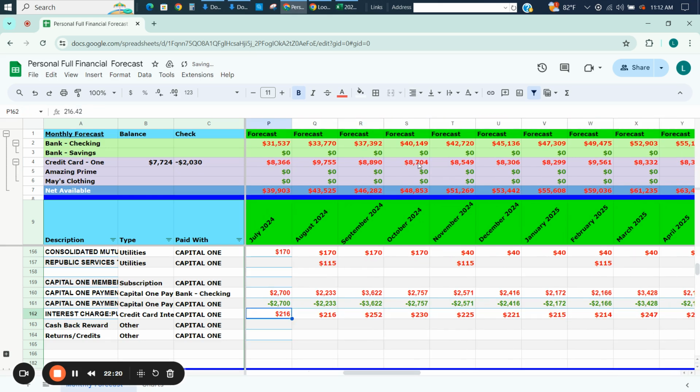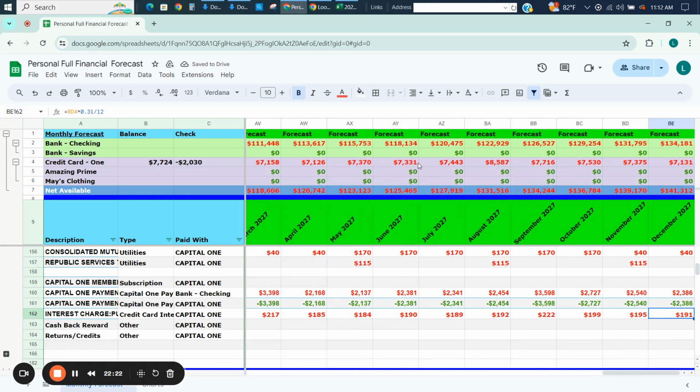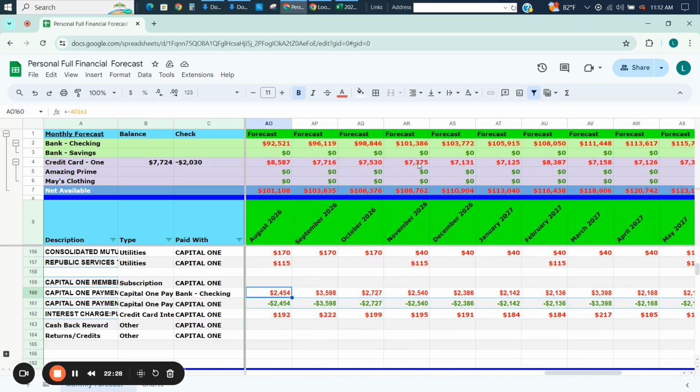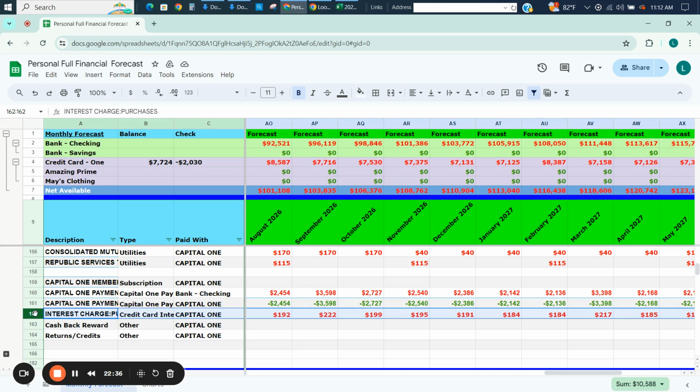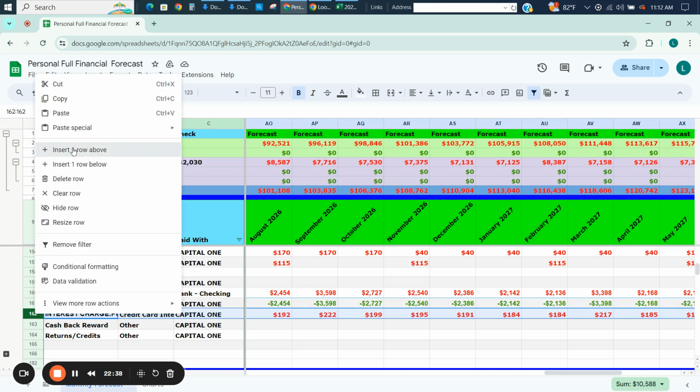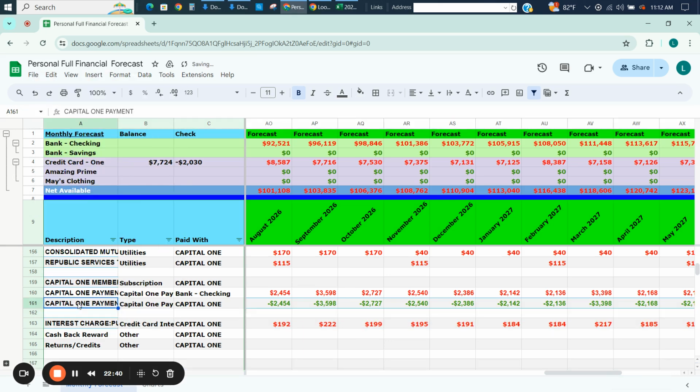And there, you have interest. Now, at some point, especially if you're paying off your credit card, you can add more payments. For example, if you're working on paying off your credit card, you might want to add in an extra line to put in some extra payments. So we're going to put payment,